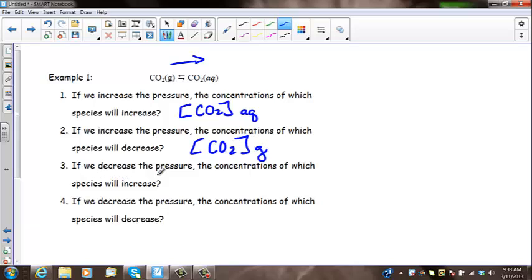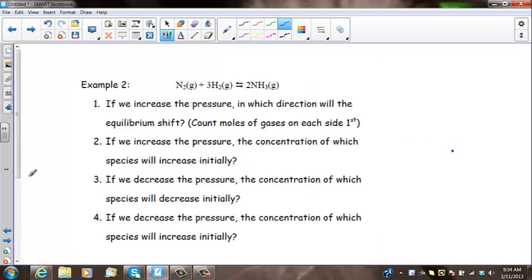If we decrease the pressure, I'm essentially increasing the volume, which is going to allow the gas molecules to come out of solution. It's just like opening a bottle of soda. When I open that bottle of soda, I'm decreasing the pressure, so you hear that shh, and the CO2 gas comes out of solution. So we're going to increase the CO2 gas. It's going to go into the atmosphere, and we will decrease the CO2 aqueous. And in the last example,